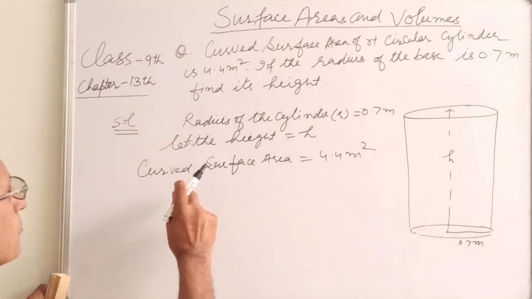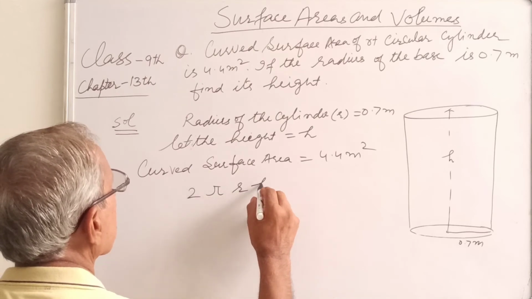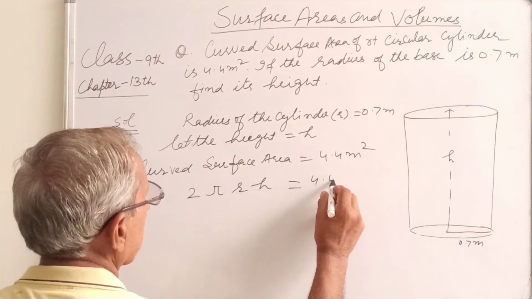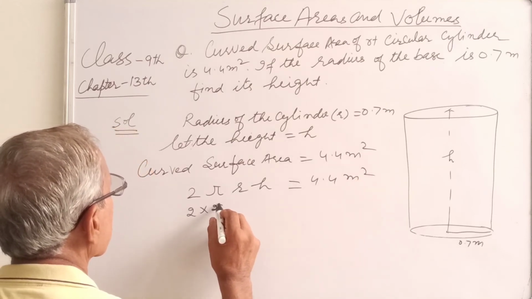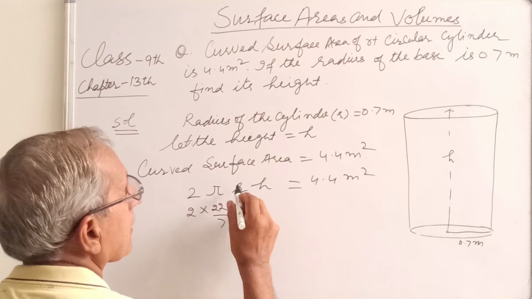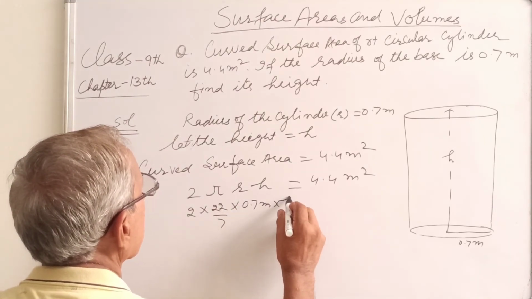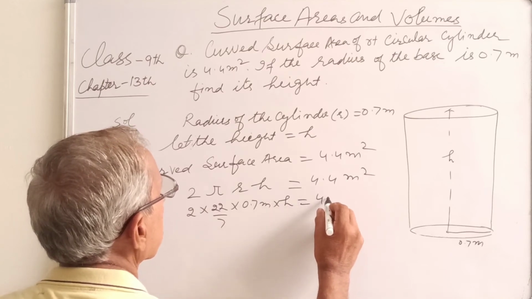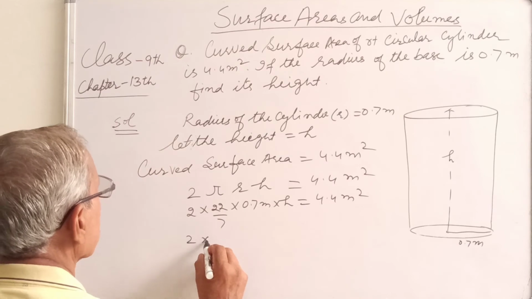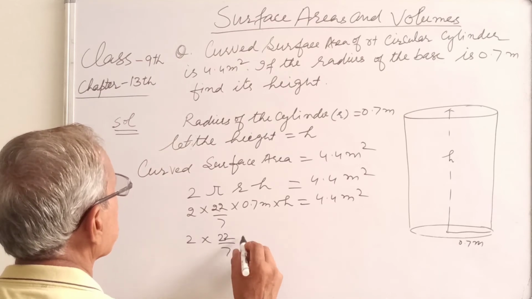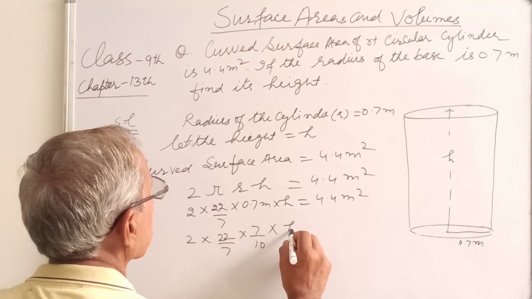So the formula for curved surface area is 2 pi r h is equal to 4.4 meters square. So 2 into 22 upon 7, r is 0.7 meter and h, equals 4.4 meters square. So 2 into 22 into 7 upon 10 into h,